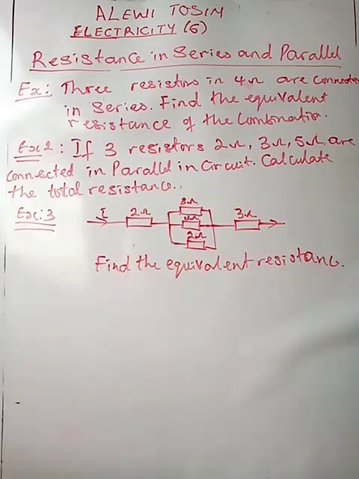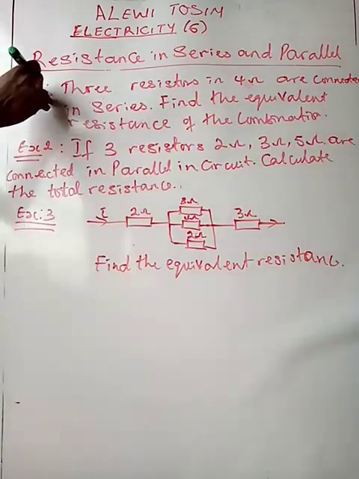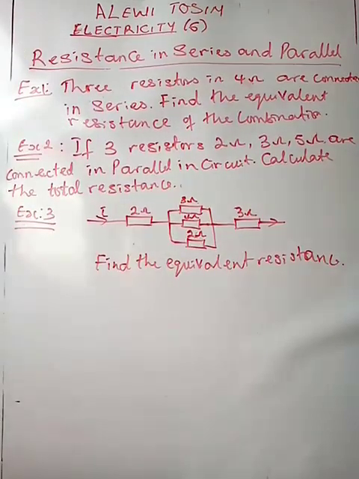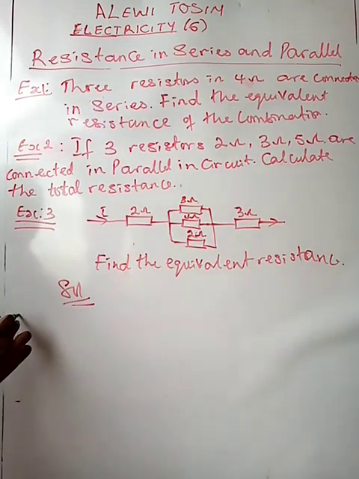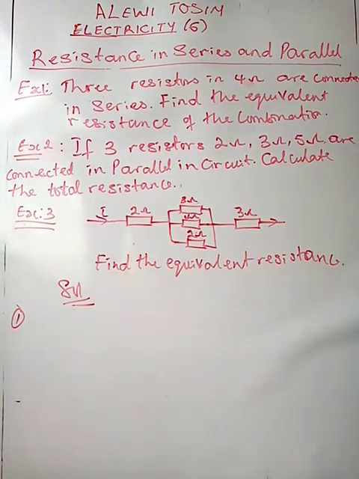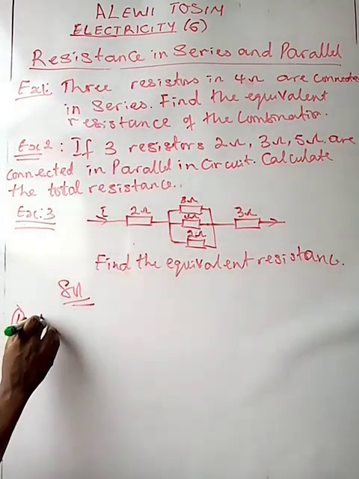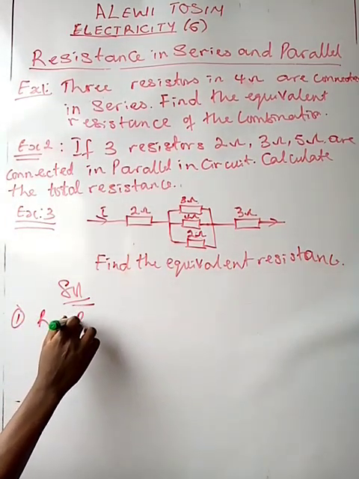Now let's take this question. Example 1. 3 resistors of 4 ohms each are connected in series. Find the equivalent resistance. Solution for example 1. So they are connected in what? In series. We say series connection is R equals R1